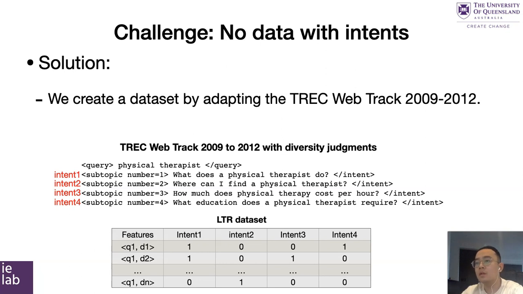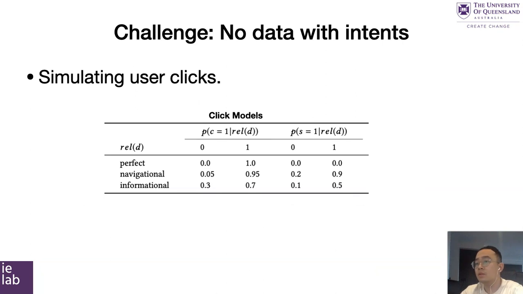We then created a learning to rank dataset by extracting features for each query document pair. Again, for each pair in the dataset, different intents will have a different relevance label, meaning if you change the intent, the relevance label of each query-document pair may also change. Following the standard online learning to rank experimental setting, we simulate real user click behavior with click models. These click models simulate user clicks on the displayed list based on the ground truth relevance labels provided in the learning to rank dataset. We use 3 different click models in our experiments.